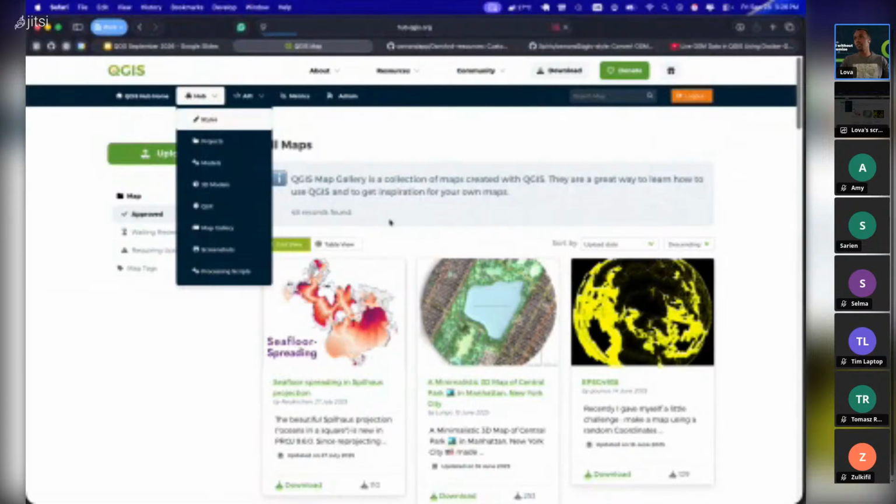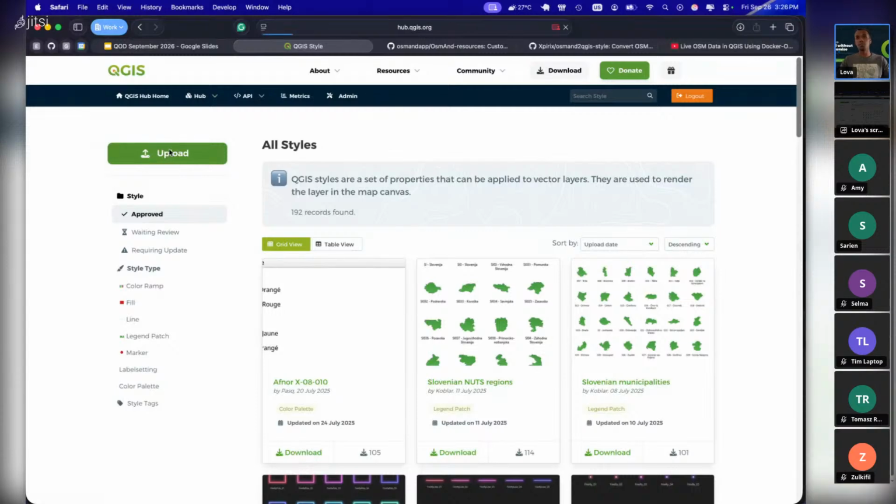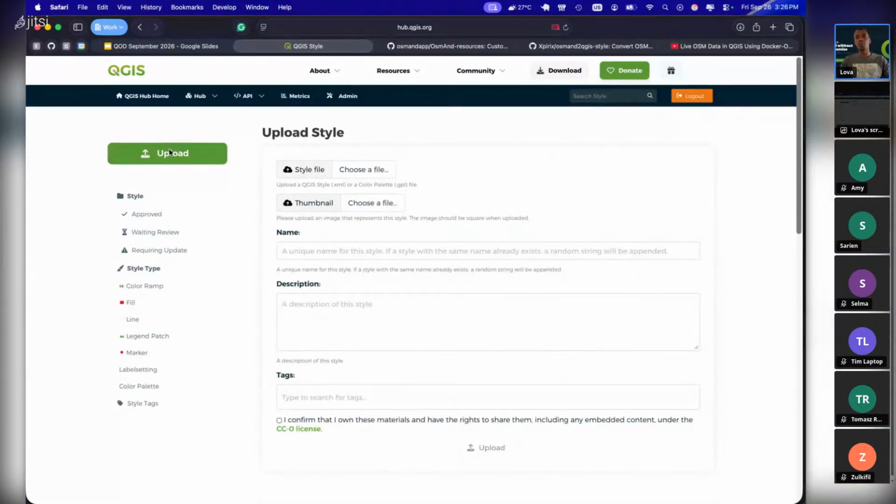So in the styles section, we are going to upload a new style. Just before we go, the requirement for sharing a style on the QGIS Hub is just an OSGeo account. If you have an OSGeo account, you can directly log in there and share any type of resource that you want. Here we want to import our